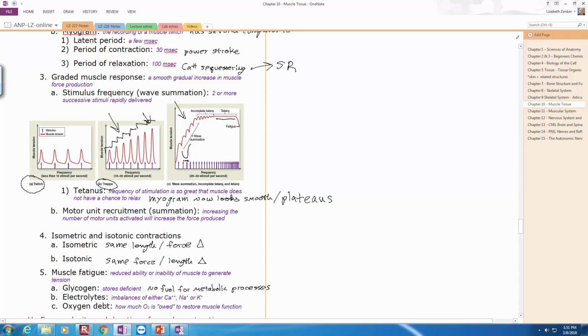Okay. Let's see. Motor unit. Where am I at here? Motor unit recruitment and summation: increasing the number of motor units activated or recruited. I like the term recruitment, but activated or recruited. And that will increase the force produced. So this is talking about stimulus strength,